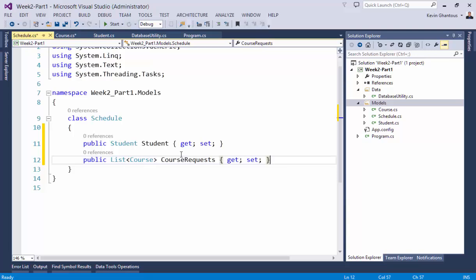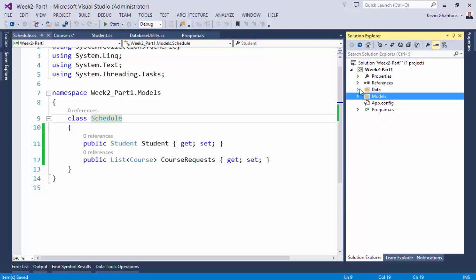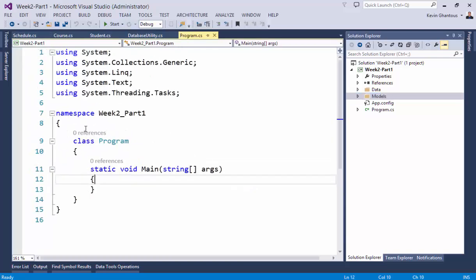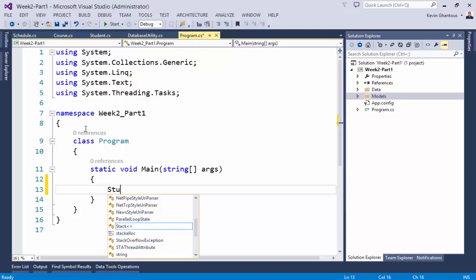That process that I just articulated is the process that you go through in building a line of business type application. You'll notice on the schedules class that because I created a folder called models, its namespace is week2_part1.models. And I put all of my models in that folder. So when I get back to my main application, my program.cs, my static void main, if I type in student,